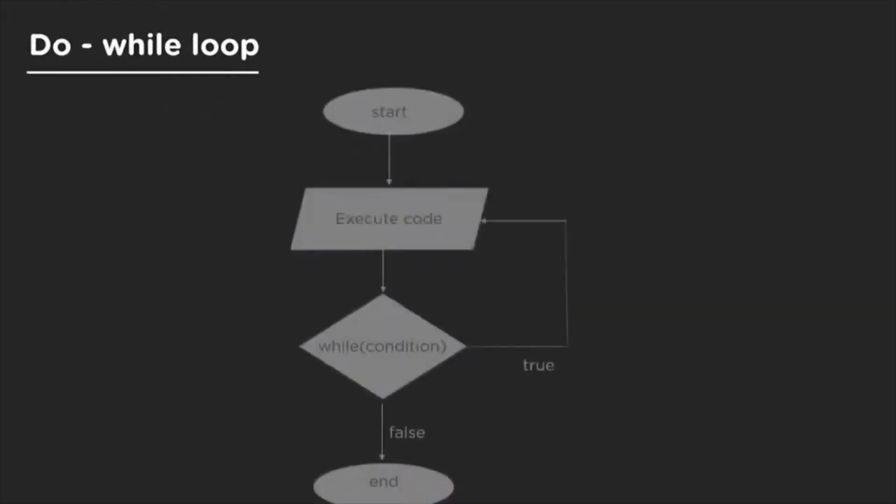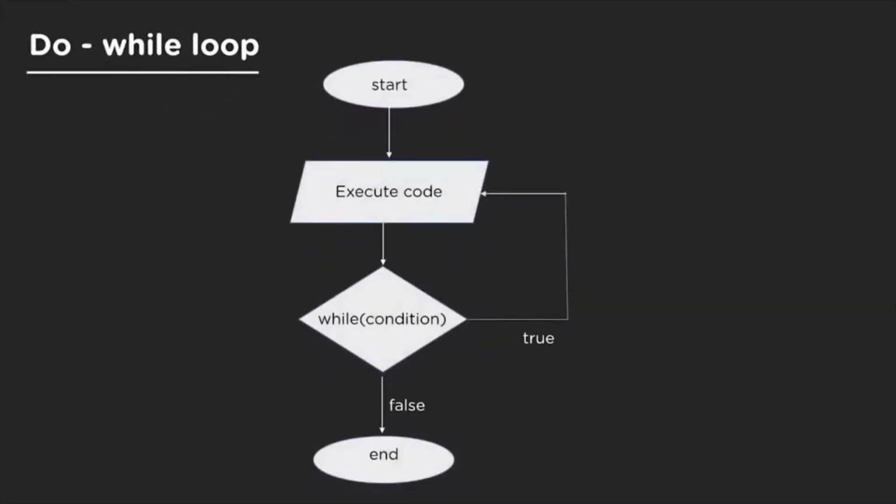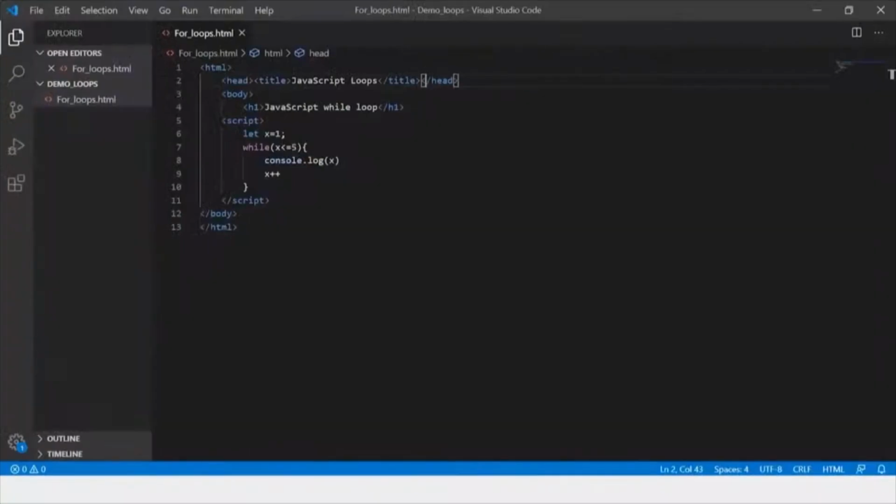Next up is the do while loop. Now here, as you can see, first the code is executed and then the condition is checked. If the condition is true, then the code execution continues, and if it is false, it's terminated. Alright, so this is an exit control loop. Also, in an exit control loop, the code is executed at least once. So let's go back to our VS Code, and here,